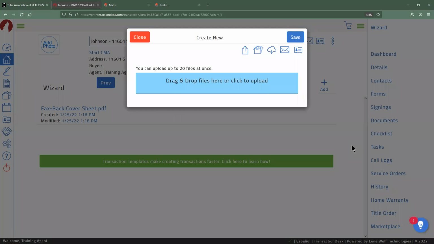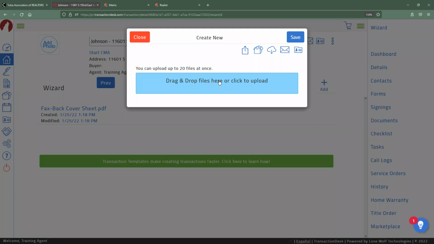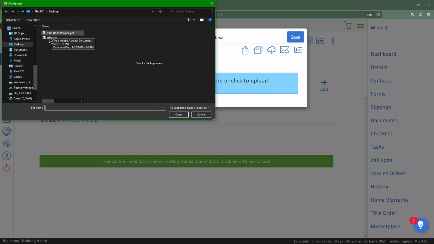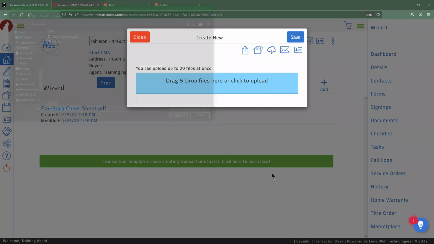So I'm going to click Add. And you'll notice that there's a couple different ways for us to do this. If we have the file that we're already planning on using, and we've opened it in a window already, you guys can actually just click and drag to move that over. So for instance, if I had this particular file that I wanted to move, I can click and drag it to upload that. Alternatively, you guys can just click on this blue space, which is usually the way that I like to do things. That way it'll show you only the files that you can upload. So rather than having to guess whether or not it's in a file format that you can upload, you click on that button, you find the folder that you were looking for, and then you upload the file that you needed.